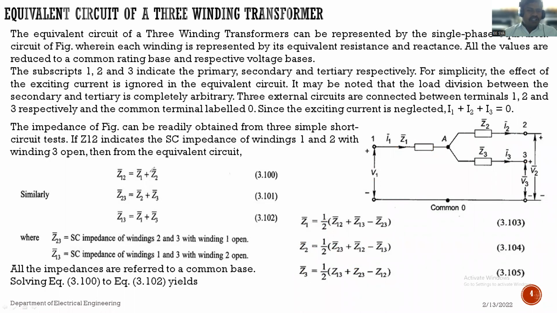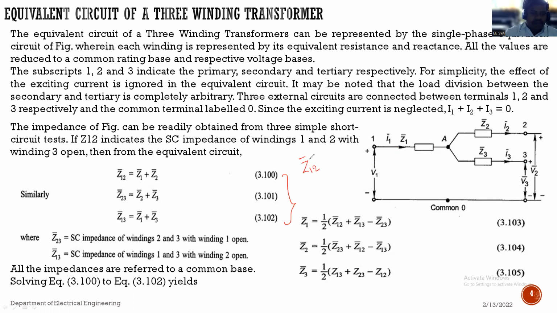So if we solve all these above 3 equations, we get some values. We will solve here. See here, suppose we take addition of these two, the addition of equation 3.100 and 3.102. So the equation becomes